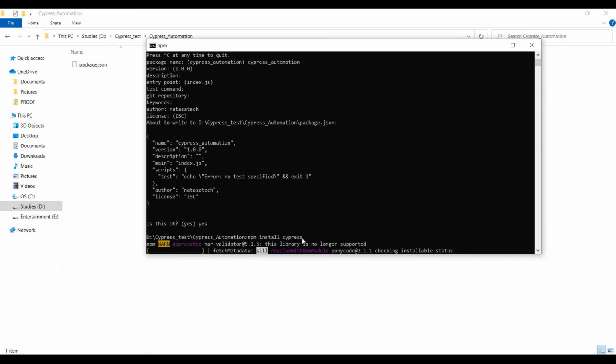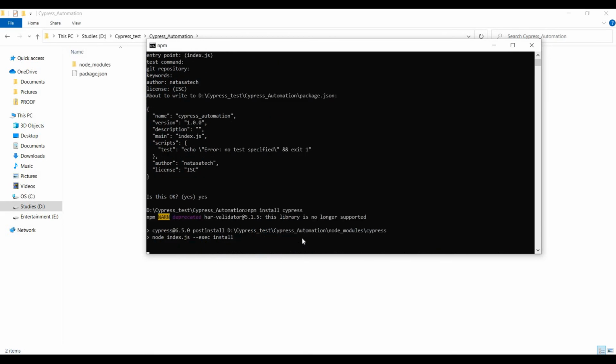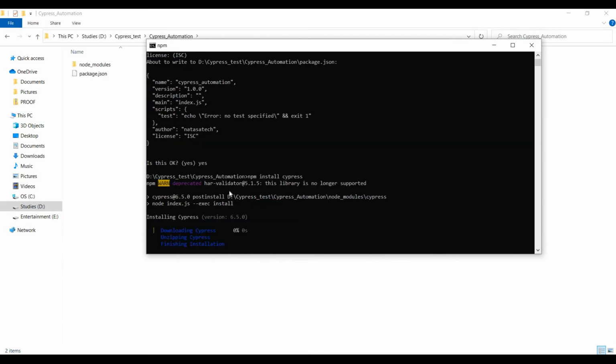It starts to fetch all the data because Cypress contains many libraries and modules. It will take time to finish those installations. Okay. See, after fetching all the modules, the node_modules folder will be created inside your Cypress workspace directory.